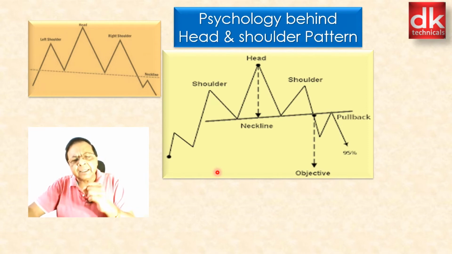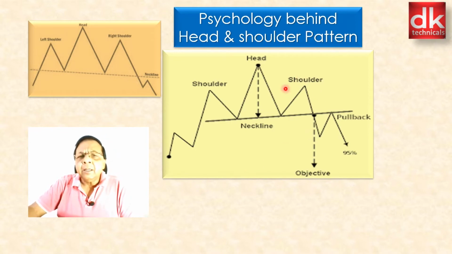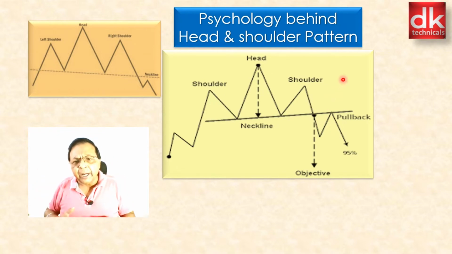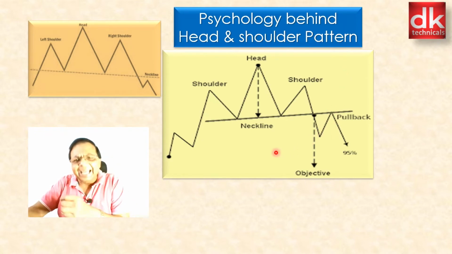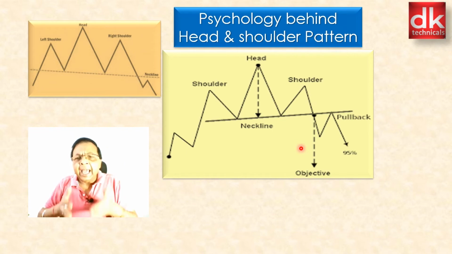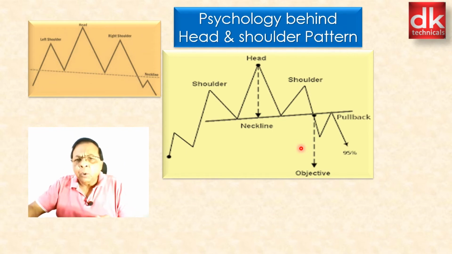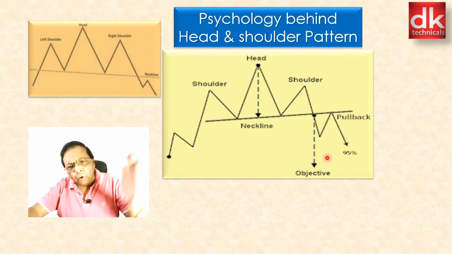So it gives a first indication of weakness in the market for this particular stock, and the moment the price breaks down this neckline, it indicates that the sellers are now in full control and will dominate over the buyers. Each time a pullback takes place, it will be a selling opportunity in the market. In this case the wave forming towards the downside would be larger and hence known as an impulsive wave, while the pullback will be a corrective wave which will be much smaller than the falling wave.